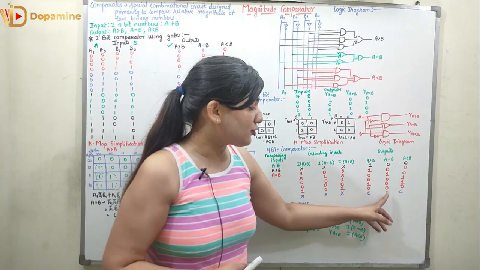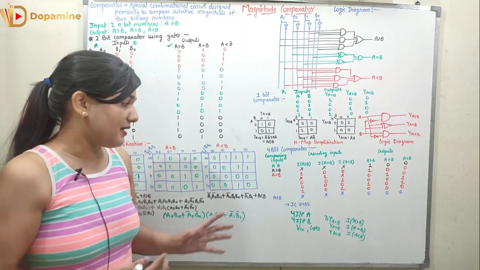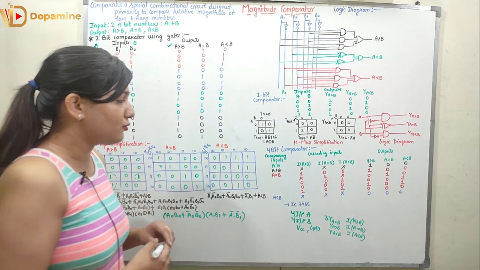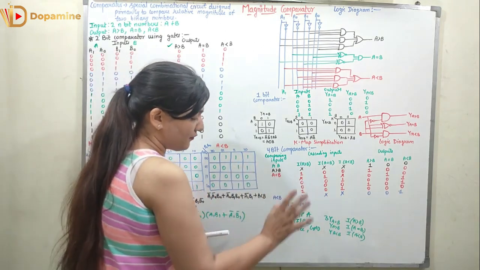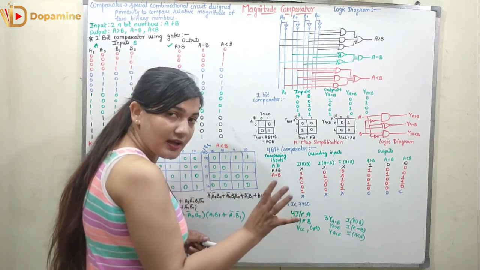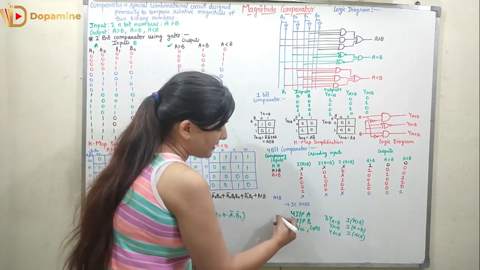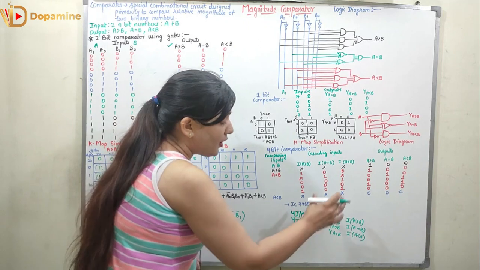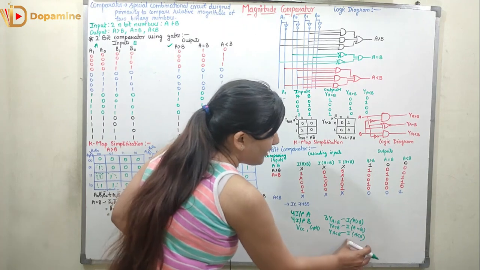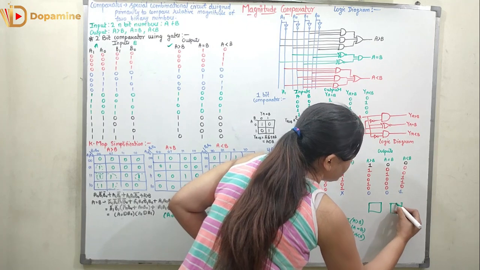Even though A is equal to B is low, it still represents that the two numbers are the same for the 4-bit input. Now if you want to make the 8-bit comparator, you are going to take two IC 7485, and put the lower bits on one IC and the upper bits on the other IC. So lower 4 bits on the first IC, upper 4 bits on the second IC. Now the output pins of the lower IC are connected to the signal pins of the second IC. So this is the first IC, this is the second IC.